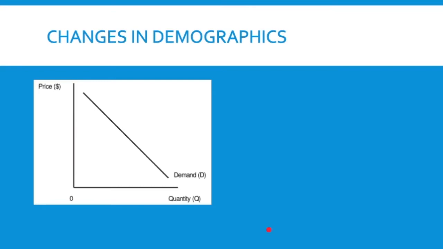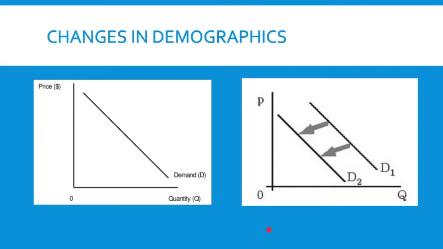So you might think, what could be a demographic change that would cause a decrease in demand? A demographic change could be an aging population. Fewer people today wear denim than they used to, fewer people wearing blue jeans. It seems to be an older person phenomenon. So if our population was getting younger, there might be a decrease in demand for denim jeans because people are wearing sweatpants or wind pants or shorts or whatever it might be. So if there was an aging population, at all these different price points, it would shift from the original demand and it would go down, shifting to the left, showing a decrease in demand.